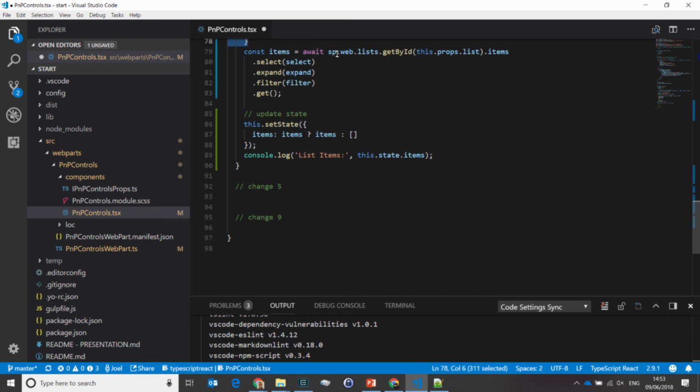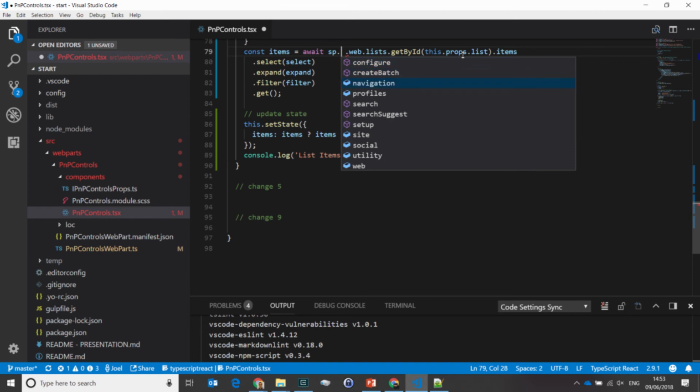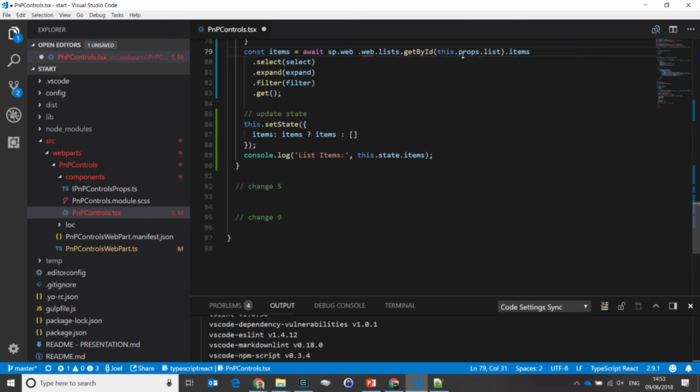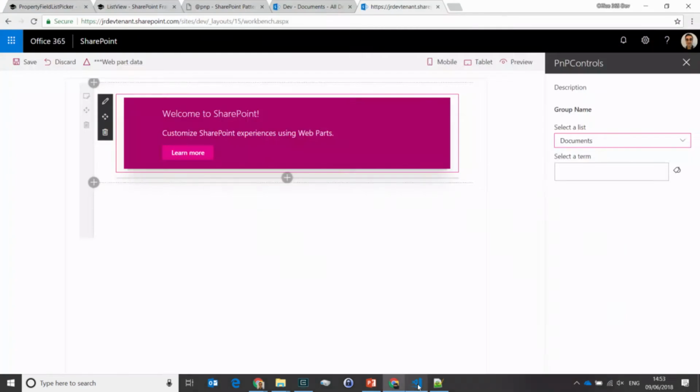And the only thing we need to do here is basically start from SP, and then, as I said, you get full IntelliSense here, where lists, not this list, which you all know because you have all played with this. After that, I'm simply adding the items to the state. I'm not doing anything fancy with it. You will probably see the UI flicking a bit. That's just for the demo, so that's fine enough. And I'm just logging them on the console,